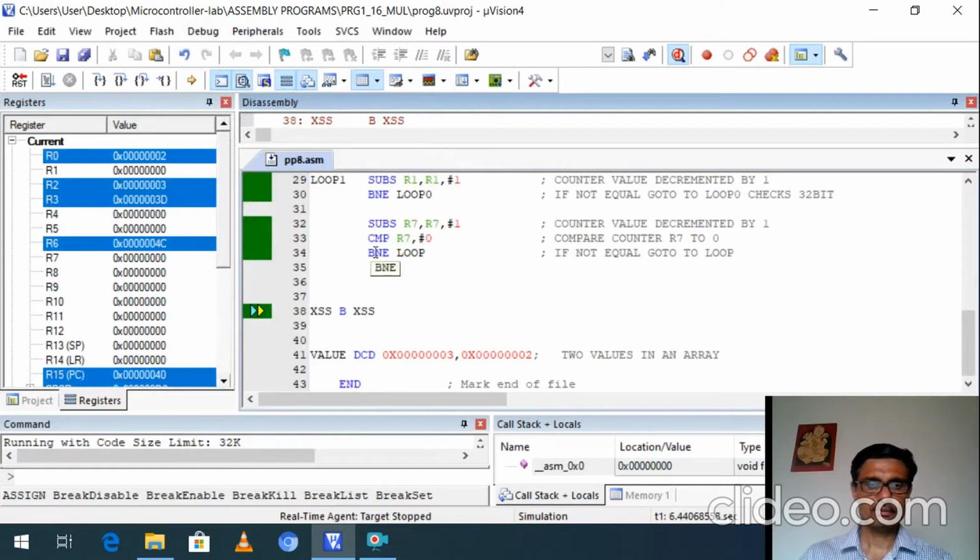As per our program, the number of ones counter is R2 and the number of zeros counter is R3. So R2 is 3 and R3 is 3D here. They are stored in the form of 32 bits. This is how we can see the output in registers. Here the output is stored in registers, not in memory locations.